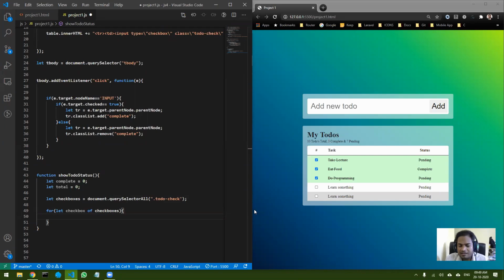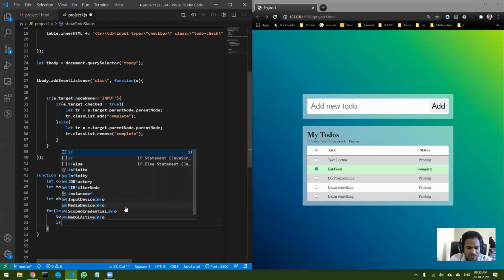First of all, whenever a checkbox is found, you have to assume that there is one checkbox, right? So total should be increased. So I can do total plus plus. Okay, so total is increased. Now complete should only be increased if the checkbox is checked. So let's find out if the checkbox is checked.